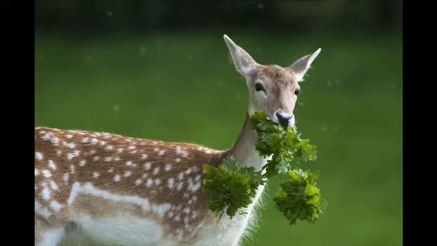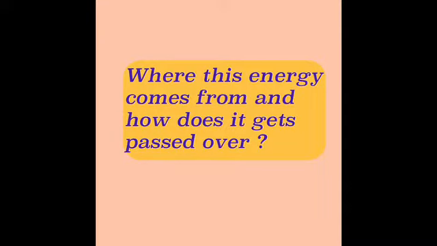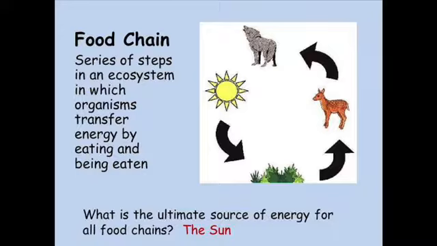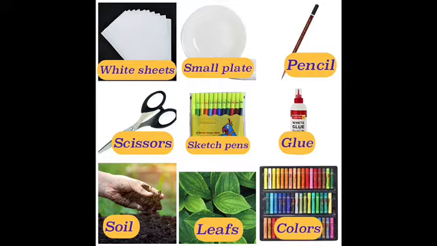But do you know where this energy comes from and how does it get passed over to another beings? Energy passes from one organism to another, and this flow of energy from one living thing to another living thing is called food chain. We humans get our food from plants and animals, and plants make their own food by photosynthesis. Now let's understand food chain process better by doing a very fun activity, and for this you will require